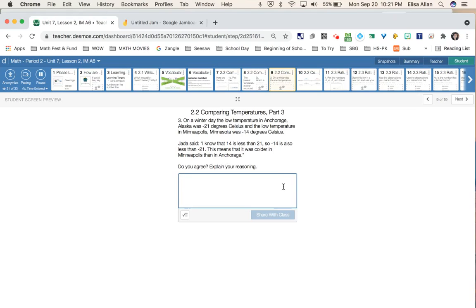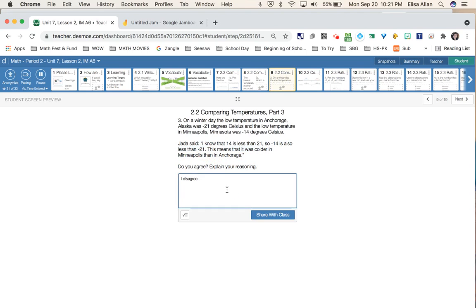Okay, in this case, we really should be disagreeing with Jada. So here I can say I disagree. And you might notice that the first portion of her statement is true. She says, I know that 14 is less than 21, which is true. 14 is definitely less than 21. However, the second part of what she says, so negative 14 is also less than negative 21,